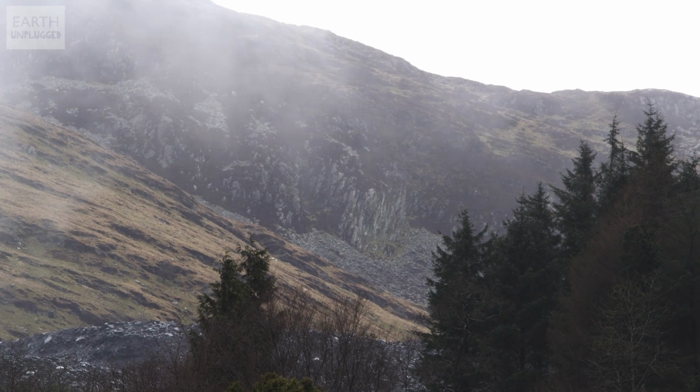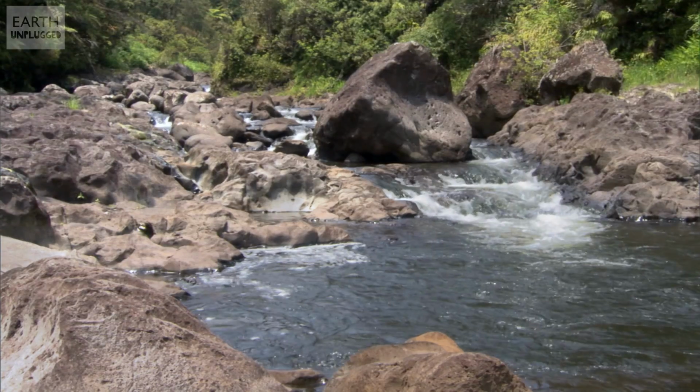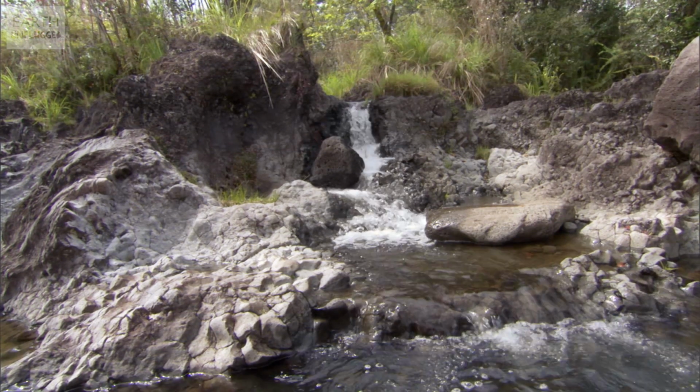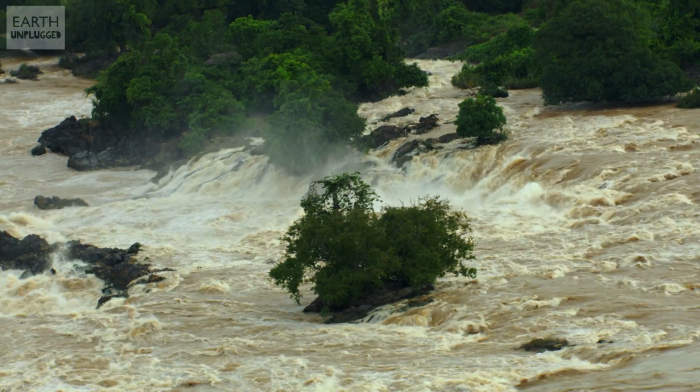Well, some salts dissolved into the ocean from rock and sediment on the seafloor. Other salts escaped from volcanic vents deep beneath the waves, but most of it comes from the land around us. Rainwater dissolves minerals and salt from the rocks on dry land, so as rainwater makes its way downriver, it collects more and more salt. The amount of salt in this fresh water is still tiny, about 220 times less than seawater, but it is there, and this salt is then deposited into the sea when the river has run its